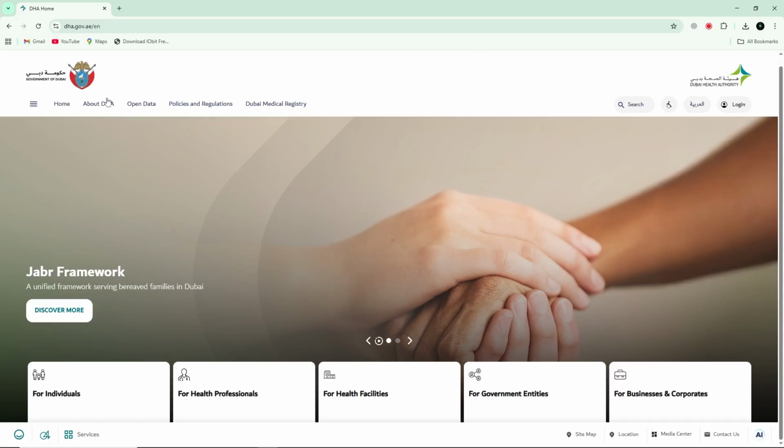First, open a web browser on your phone or computer. Go to the official health authority website for your emirate. For example, Dubai residents can use the Dubai Health Authority website, and Abu Dhabi residents can use the Department of Health or Daman website. Once the page loads, look for an option that says Check Insurance Status or Insurance Card